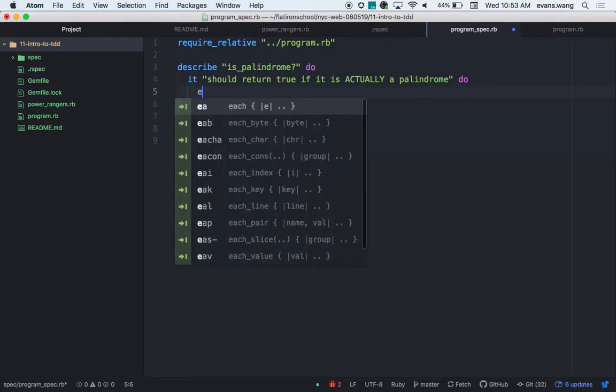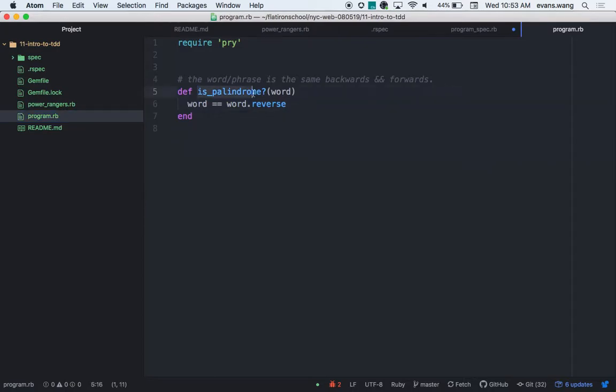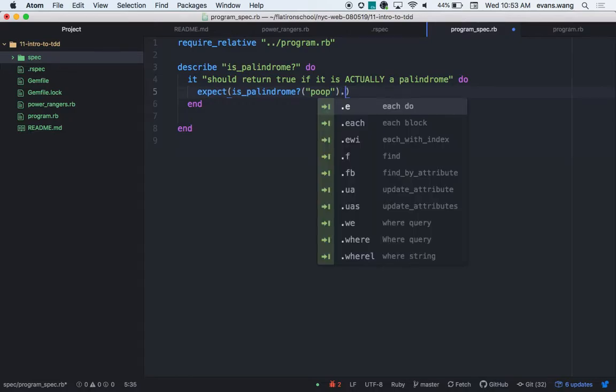So expect, oh my God, wow, Ruby, this is crazy how this reads. And expects what method? Cool. Actually, it takes in an argument. Expects isPalindrome, right? And I have to pass in a word here as an example. So what's a popular palindrome that everyone likes to make sure it's good to go? That's right, race car, right? And everyone thinks that race car is a good one. And this